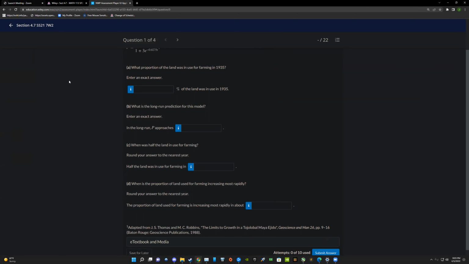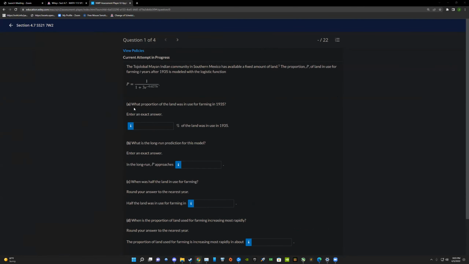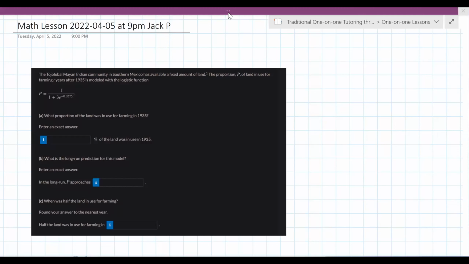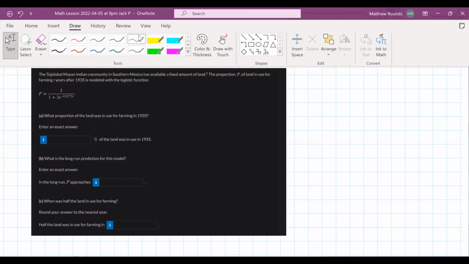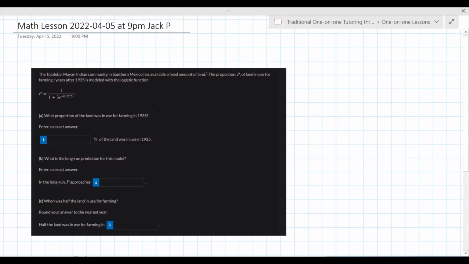So applications of derivatives, you're really into the heart of this first semester of calculus. The first thing here says to just put in t equals 0 into the equation, because they're saying it started in 1935. So p equals 1 over 1 plus 3e to the 0, and e to the 0 is 1, right? So this becomes 1/4, so it says 25%. Yeah. And then the long run, what they're really asking is, what happens in the limit as t